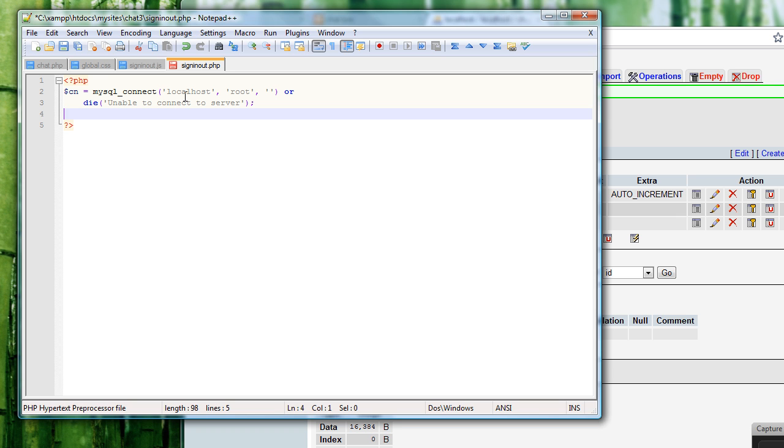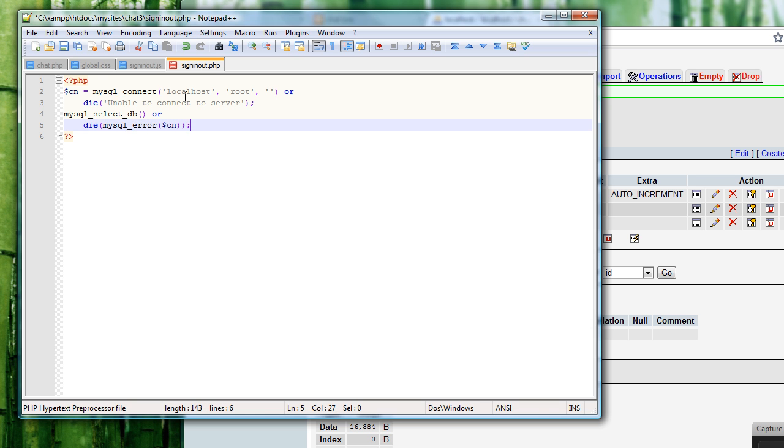And I'm just going to say connect to the specific database. So MySQL select database. And the name of the database is chat3. So now that we have that all said and done,